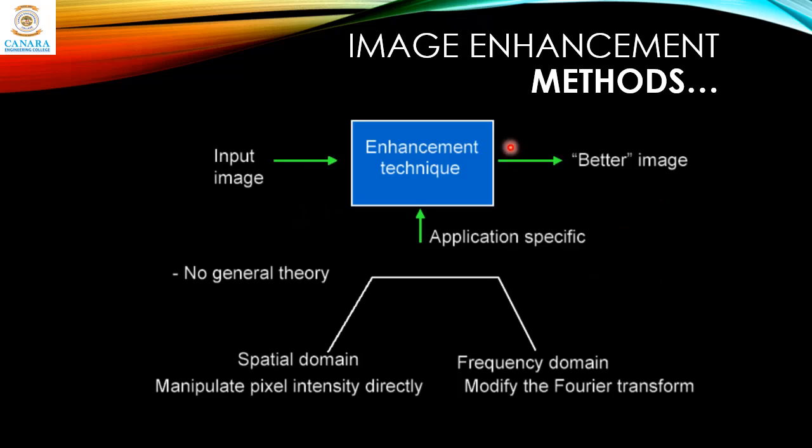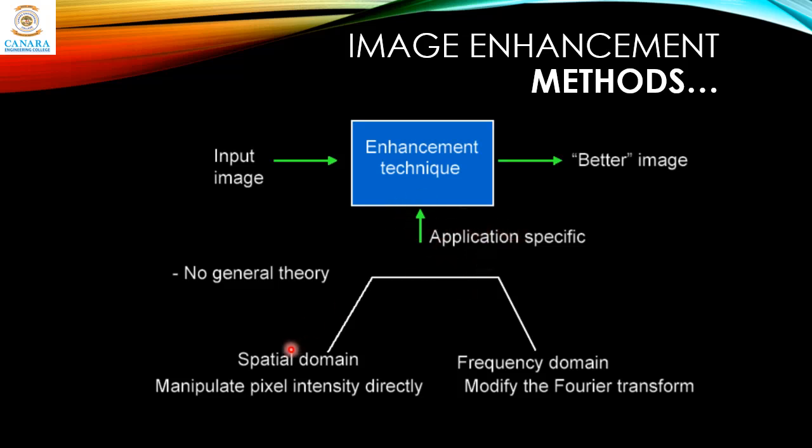This slide summarizes the image enhancement methods that we learned in the previous slide. Basically, we have an input image and we want to see an improved or better image, and for that we need image enhancement, and that enhancement depends on the application or the reason for enhancement. We may want to reduce or remove the noise, or we may want to highlight some details in an image like edges or other features, or maybe make it more visually appealing, more beautiful. So these can be the reasons for enhancement.